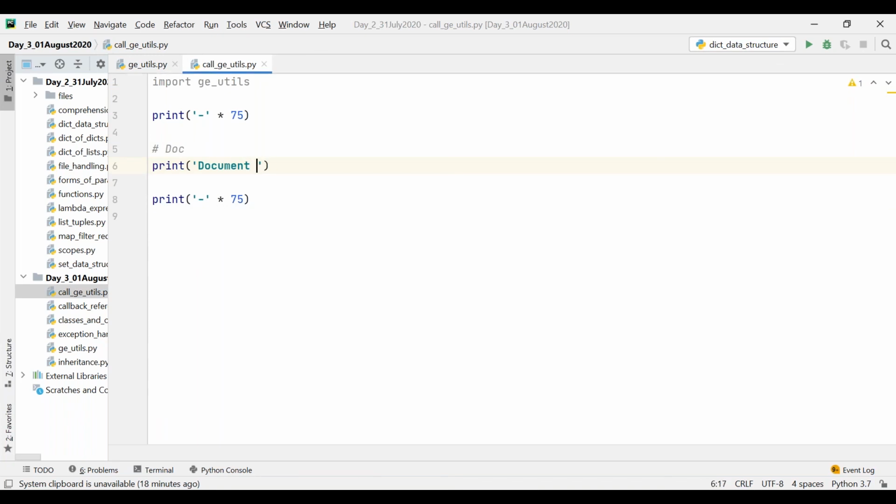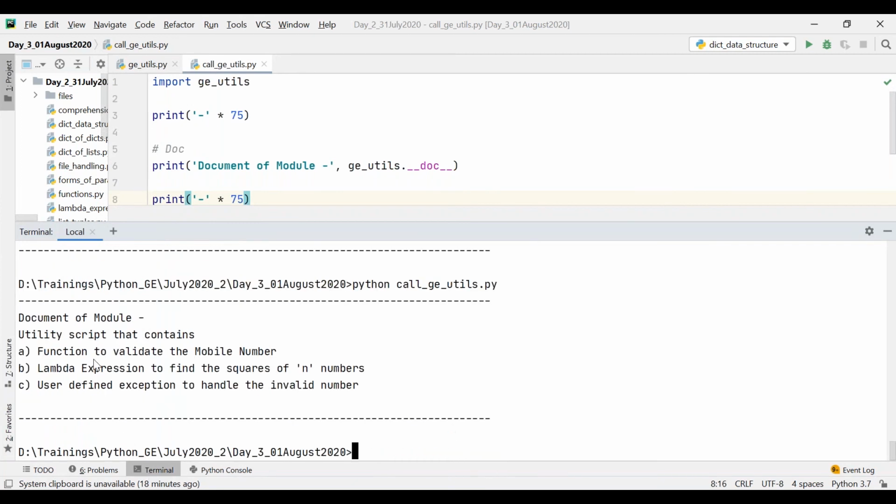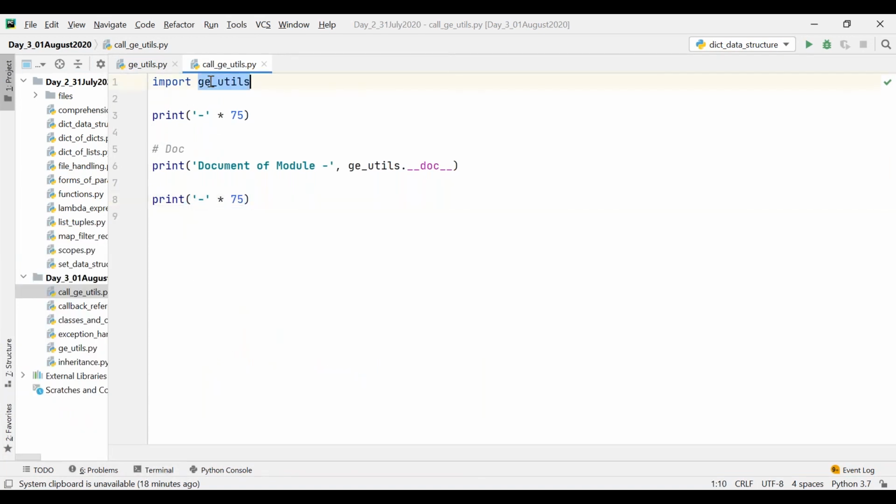If I want to print the documentation of a module, I can say ge_utils.__doc__. Now if I execute call_ge_utils, you can see the documentation of the module is printed like this. So we need to access it using the module name and __doc__.